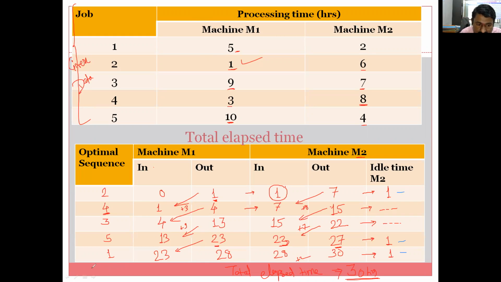So you can say here total idle time is equal to 1 plus 1 plus 1. You can directly say 3 hours. So here I will mention idle time equal to 3 hours. So what is asked in the problem? We have to decide the sequencing. So we have decided the order of sequencing. Then we have calculated the total elapsed time and we have calculated the total idle time. So in this way, friends, we have to solve the numericals as far as this part is concerned.